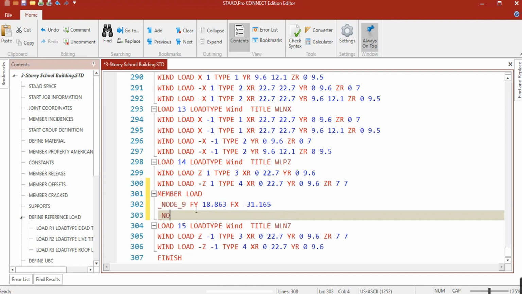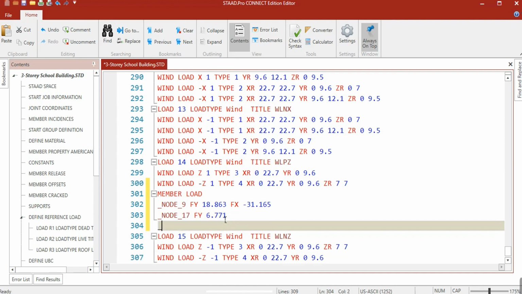So for node 17, FY is 6.771, FX is 0. For node 1, FY is negative 0.751 and 0 FX. So that is for WPZ.